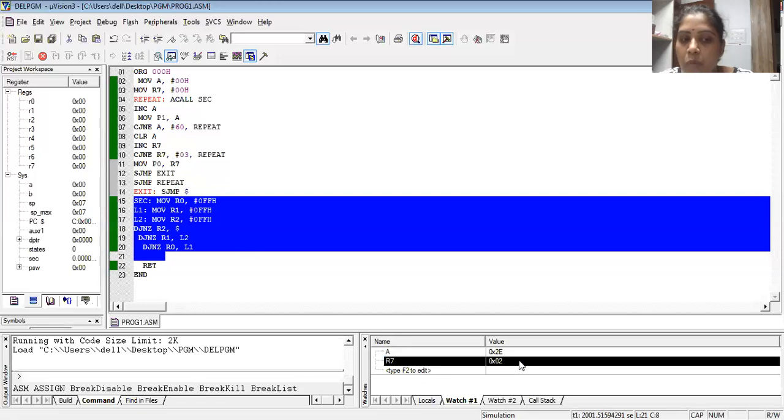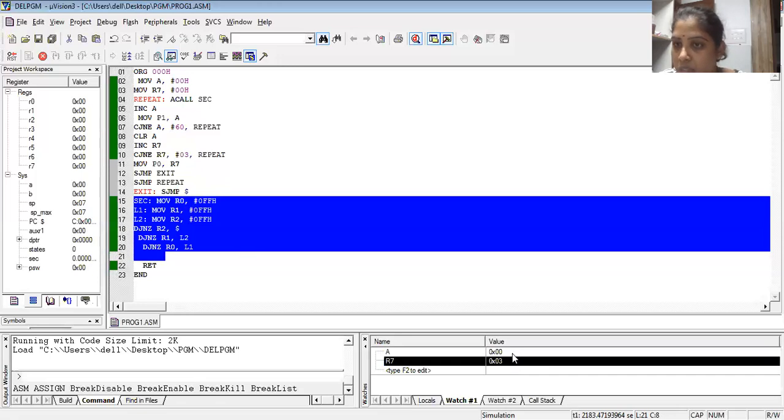This is the output window you have to show to the examiner. Immediately after running the program, you should show how the seconds are varying every time and R7 is reflected after every 60 seconds. Now you can just check it out. Your A has reached 3B. When it goes to 3C, immediately it has cleared and it has stopped the program.